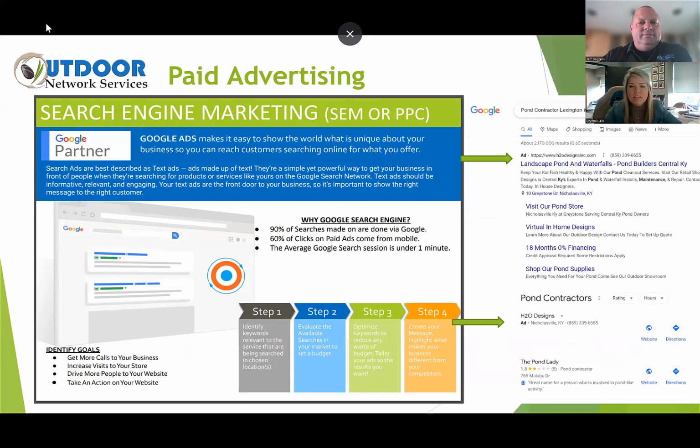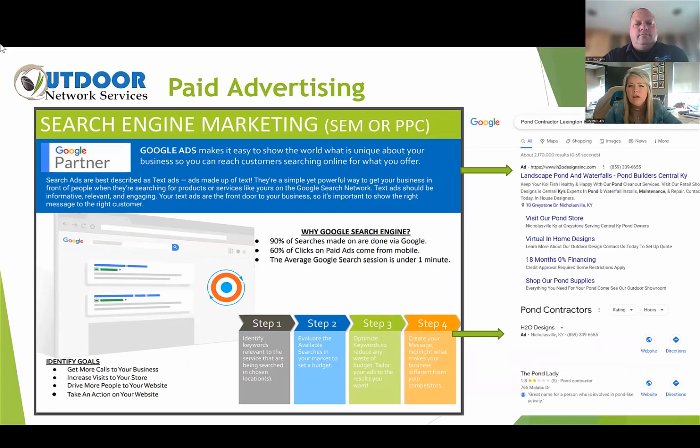These are site link extensions, where we're touting things like that they can actually shop in their pawn store because they're retail as well. You can see that they also offer some type of financing, and you can also click here and go straight to their directions. In a pay-per-click model, search engine marketing, Google Ads, you're only paying if someone clicks. You're not paying for impressions in this model, you're paying for the clicks themselves.